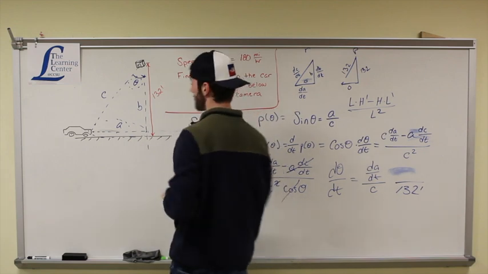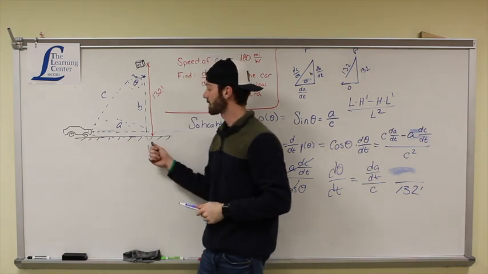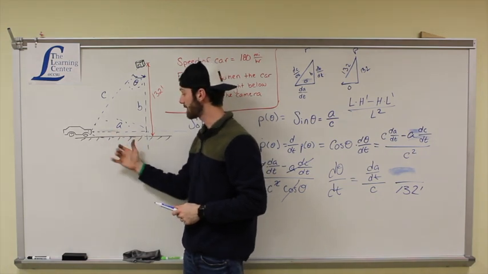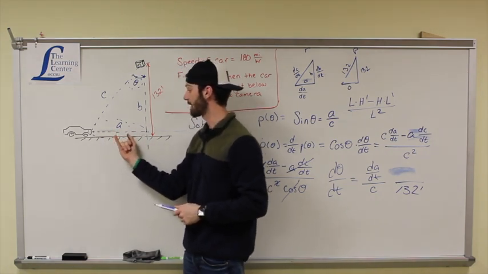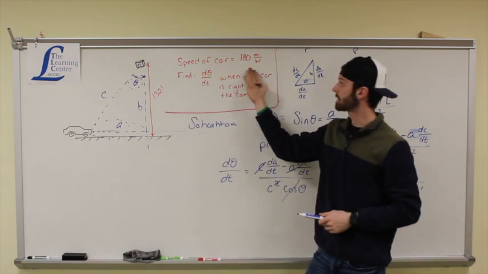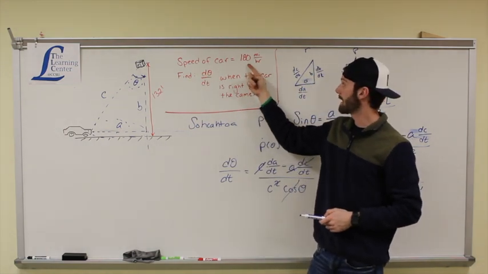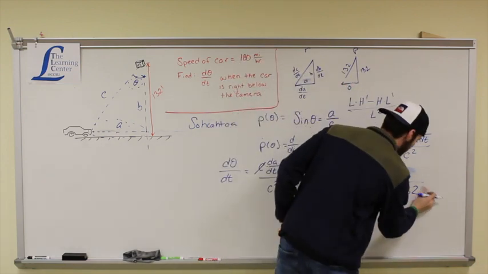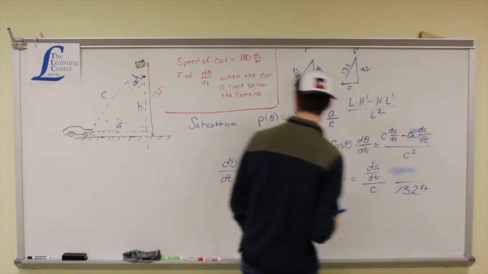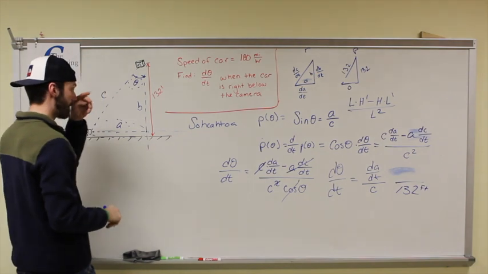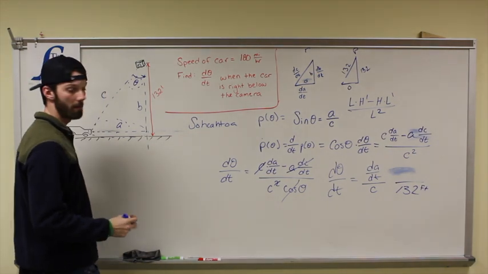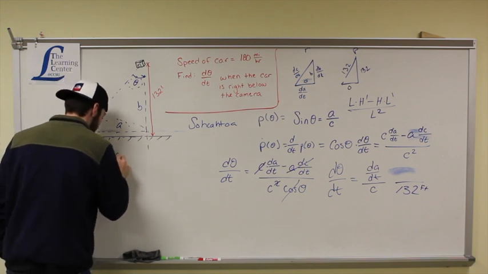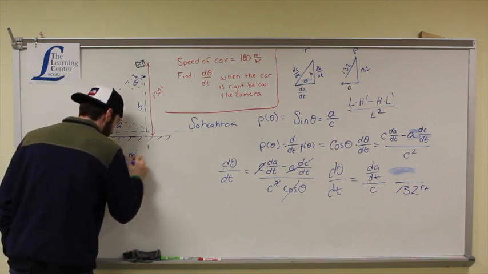This side is represented by how fast the car is moving, because that will tell you how long the line is. How fast the car is moving tells you how fast that line is getting short, and that's given by the speed of the car, 180 miles per hour. What we have to do is, we're working with feet, so we have to make a unit conversion from miles per hour into some unit with feet in it. So we're going to have 180 miles per hour,